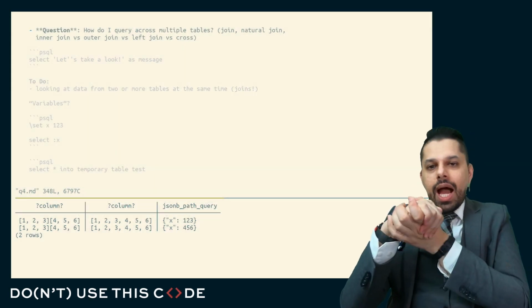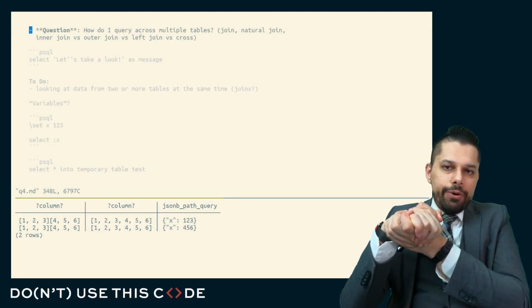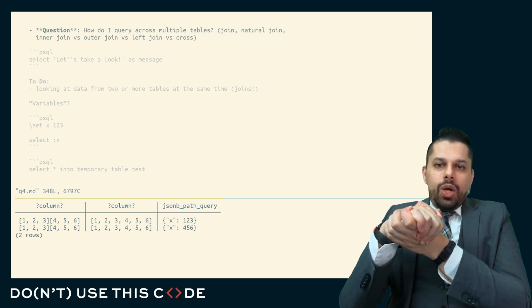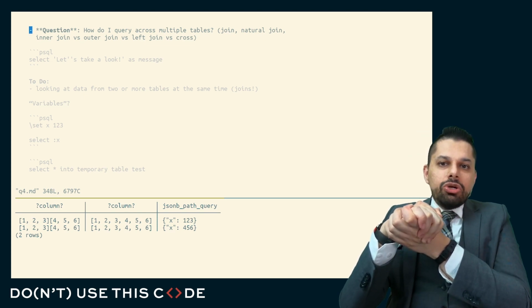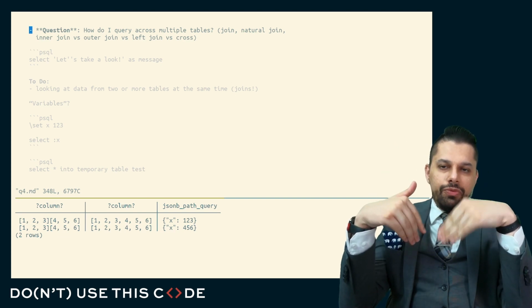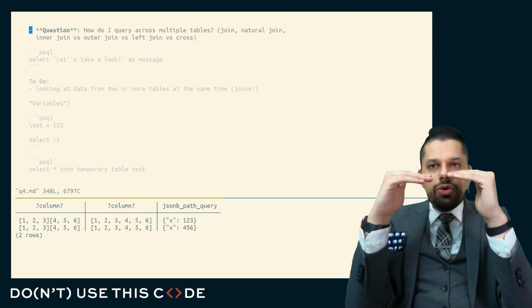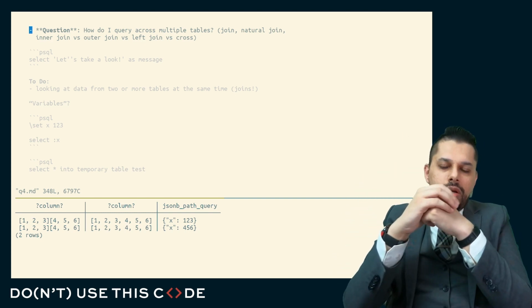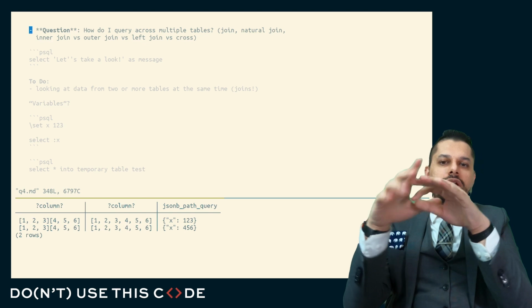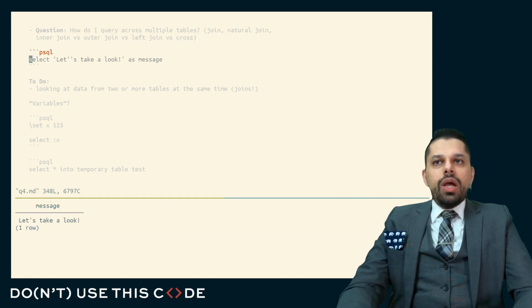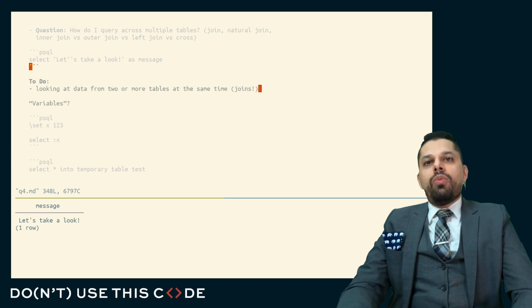In this question, I want to talk about how we can query across multiple tables. I want to talk about joins. We've looked at single table operations that I can perform, where I'm performing an operation on one row at a time, or I'm performing an operation on a grouped, non-overlapping, exhaustive partitioning of the data with a group by. Let's take a look at what we can do if we want to look at two or more tables at